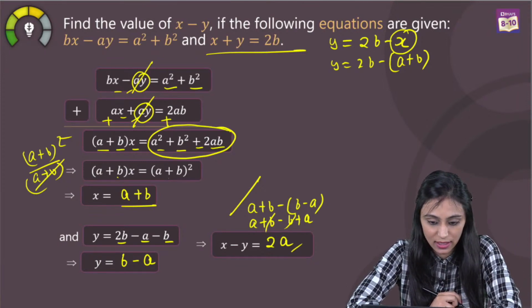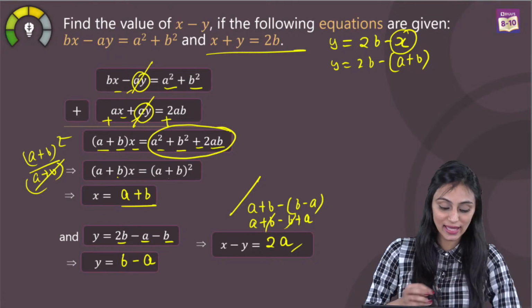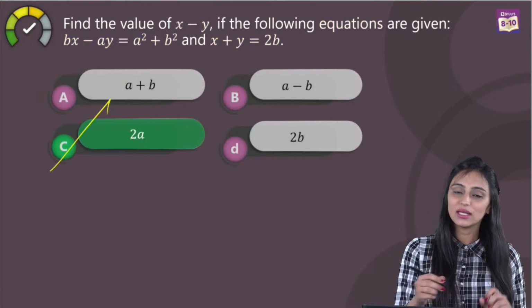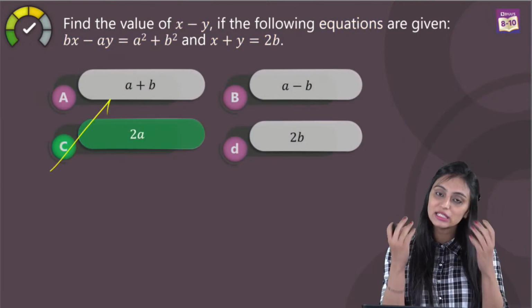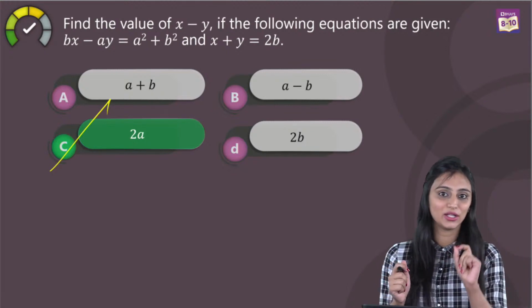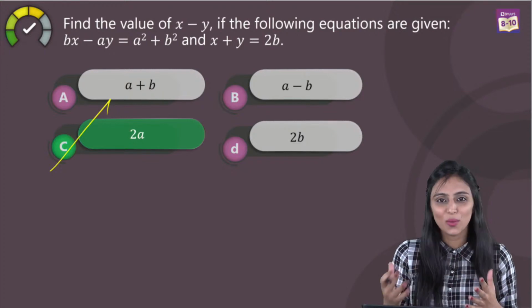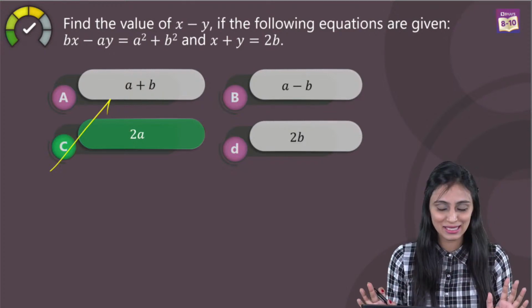Ayush says it's a. No, it won't be a, it's 2a. Shanti says 2a. Shriman says 2a. Shuchi says 2a. Achievers Note says 2a. Yes, Abhishek Nair, Swaroop, Akshit, absolutely. 2a, that means option C is the right answer for this question. Well, you see, it was a moderate level one, but it was so easy to solve, right? The only thing that you have to take care here is the calculation part. So don't rush with the questions, otherwise you will end up making silly mistakes.